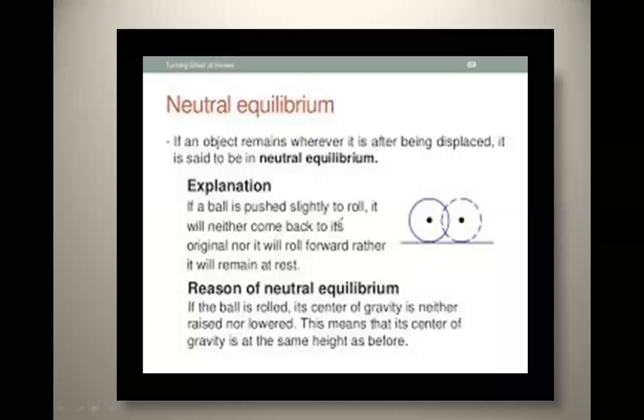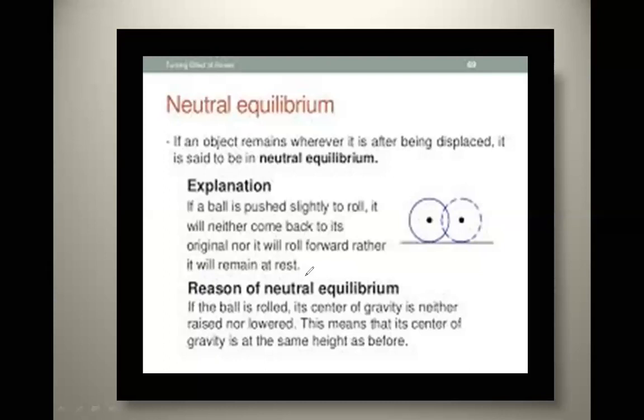If a ball is pushed slightly to roll, अब एक बॉल पड़ी हुई है, आप उसको थोड़ा सा हिलाएं, it will neither come back to its original position. तो जब वो अपनी पोजीशन को चेंज कर लेगी, जब उसको थोड़ा सा आप हिलाएंगे या उसको फोर्स अप्लाई करेंगे, तो वो दोबारा ओरिजिनल पोजीशन पर नहीं आएगी। Nor it will roll forward, rather it will remain at rest. वो दोबारा रेस्ट में तो आ जाएगी, लेकिन अपनी पोजीशन पर दोबारा नहीं आएगी।